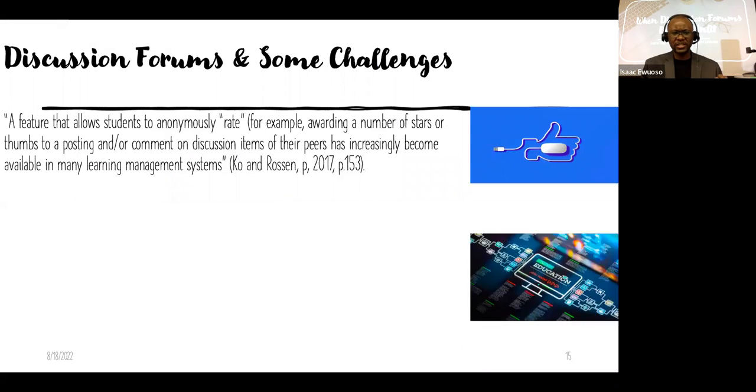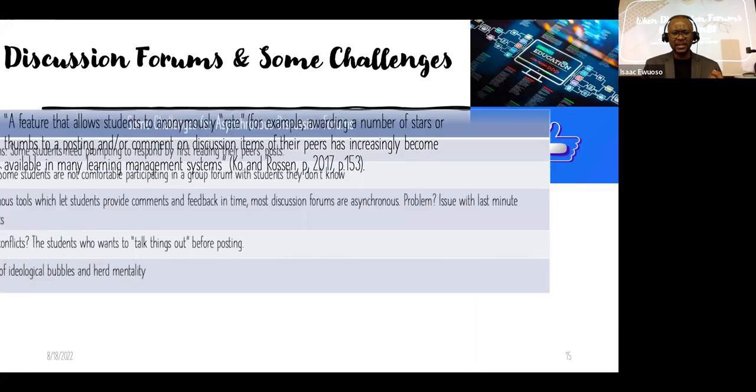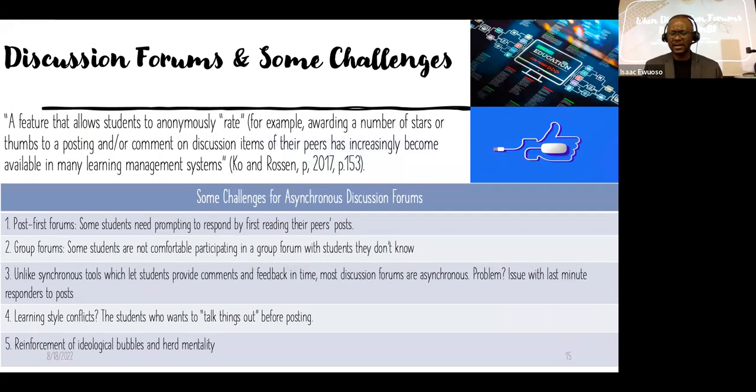There are some advantages, but I also think there are some challenges as well. Some of the challenges I highlighted here came from my experience, but also from discussing with students. Some students do not like the post-first function, which I use a lot, because they feel they need to see other students respond in order to formulate their own position.